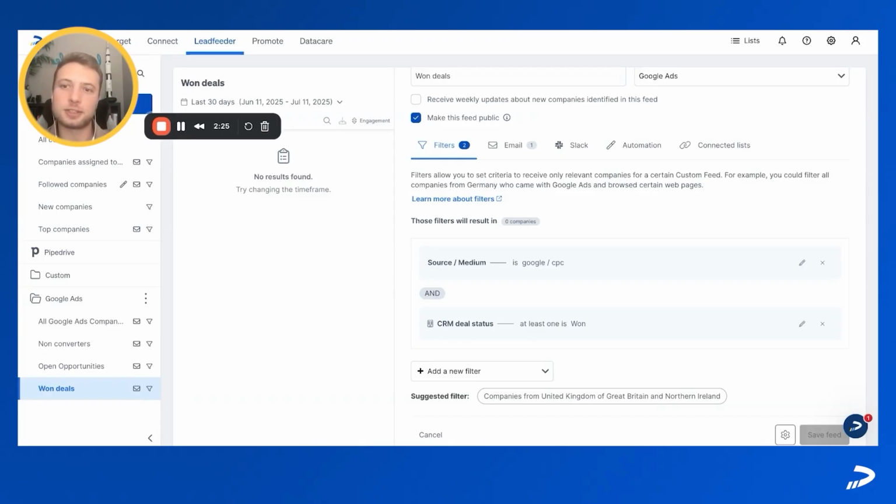Again, the PPC managers most of the time never have the ability to track revenue generated by won deals and claim that attribution back to the ads and what led to that conversion in the first place on the website. So this makes it very, very difficult to find out which ads are generating revenue, which ones are working best. Instead of just surface level conversions, we can dive a little bit deeper to see which ones are actually converting as a result of which campaigns and not just maybe driving the most form